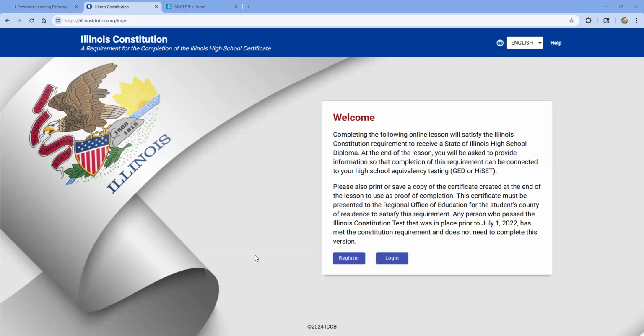For that, you don't have to take a test. You don't have to go to a testing center. You just have to go into this website, make an account. You can register, go through the modules, and within 20 to 40 minutes, you can complete this Illinois Constitution requirement. You will get a certificate.